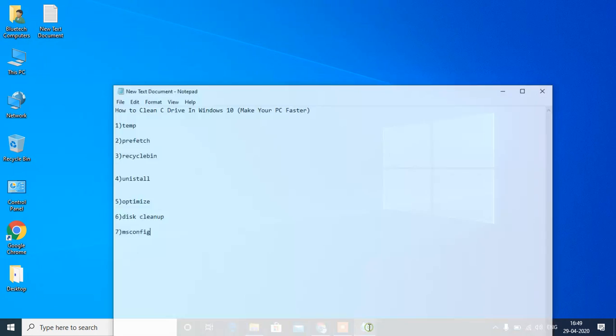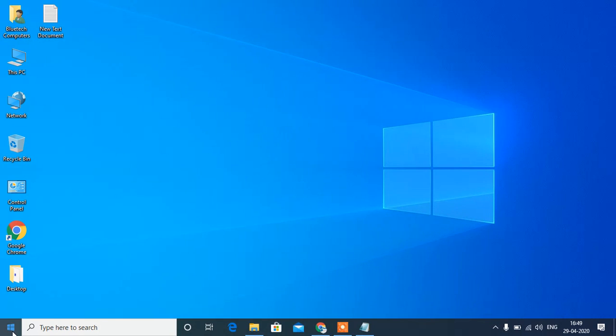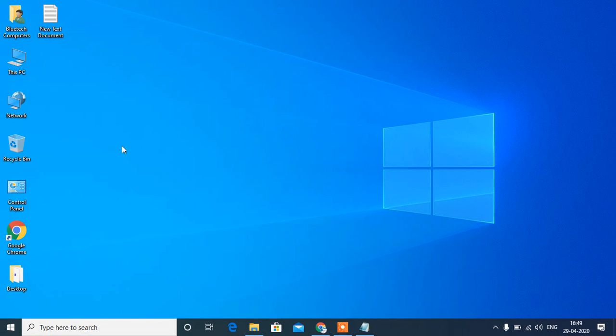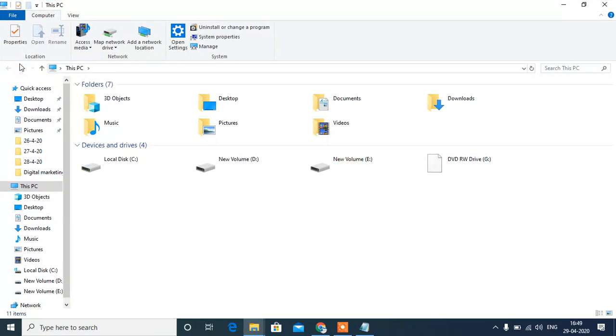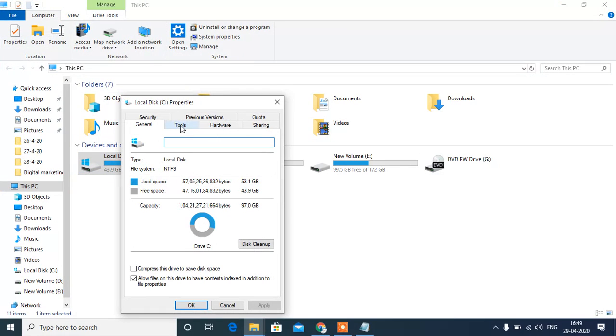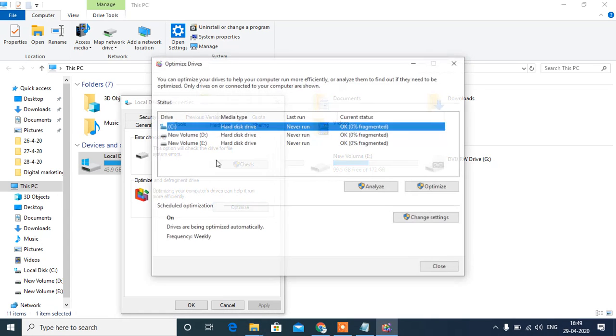And now optimization. Go to C drive, My Computer, right click on it, go to Properties. Here Tools is given, Optimize your C drive.